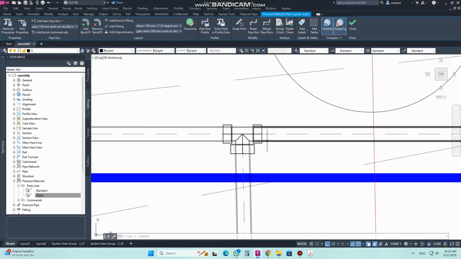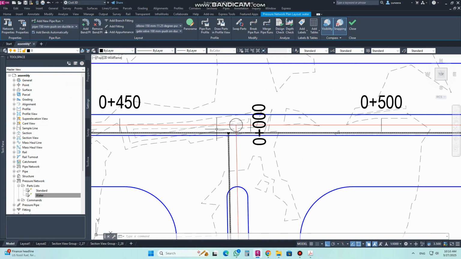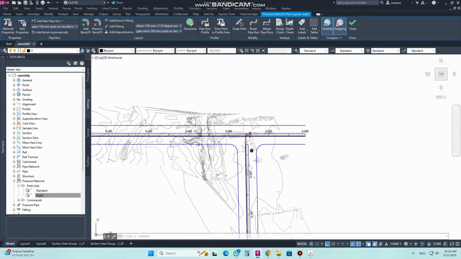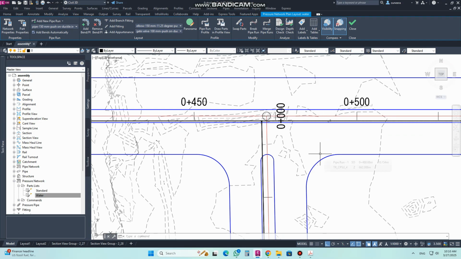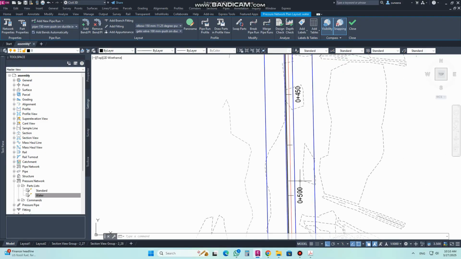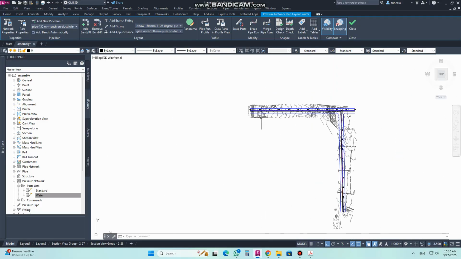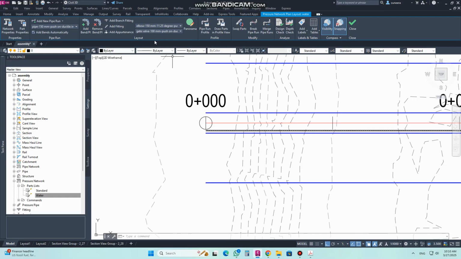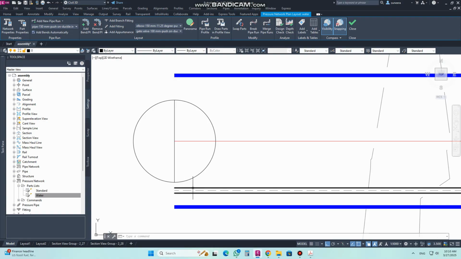And now you can see here it has appeared. Like this you can create the horizontal alignment. As you can see, at the end you can use this globe elbow to add fittings